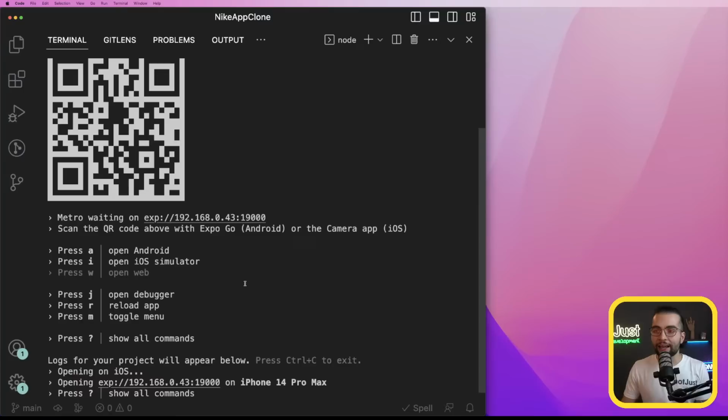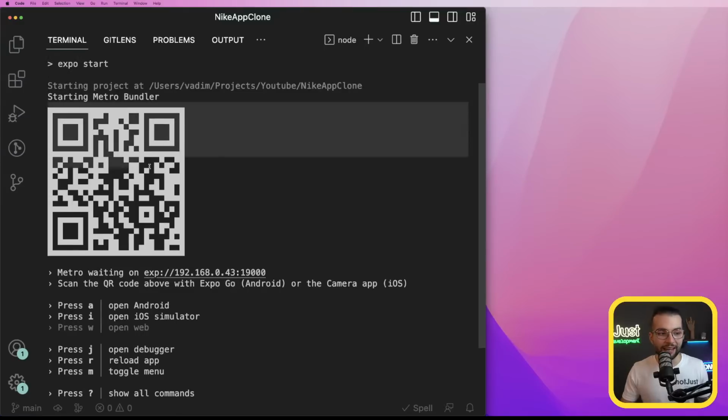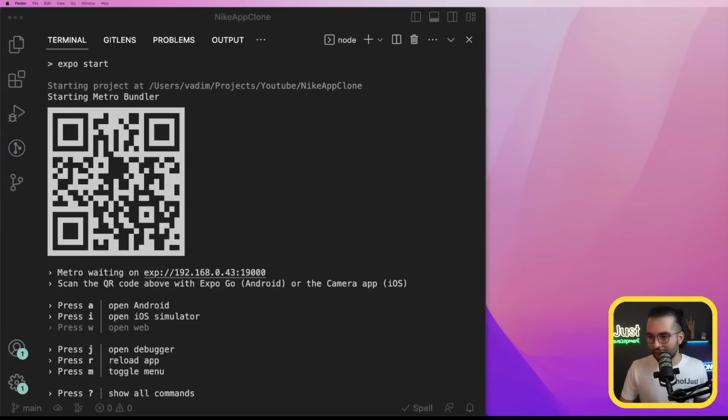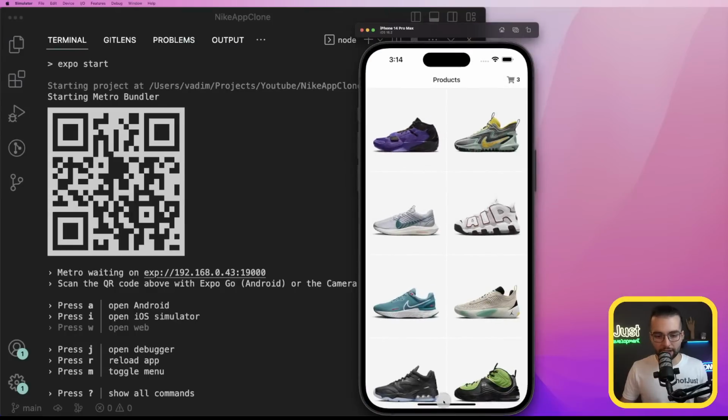Or alternatively, and the easiest way without having to set up Android Studio or Xcode, is by simply downloading the Expo Go application on your physical device. It's available both for Android and iOS. And after that, go ahead and scan this QR code and the application will run directly on your physical device, on your phone. So that's the easiest way you can do it. You don't have to go through the struggles of installing and setting up Android Studio, for example. But yeah, for me, I'm gonna go ahead,